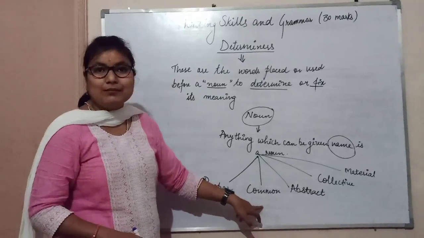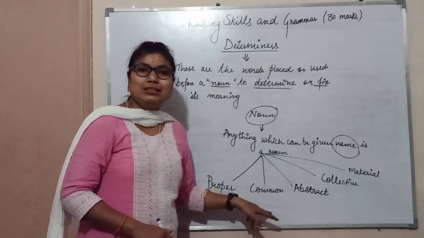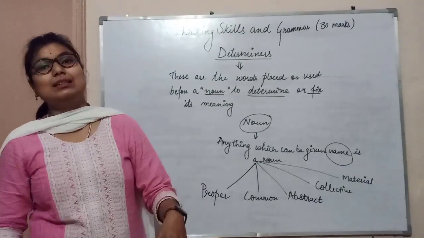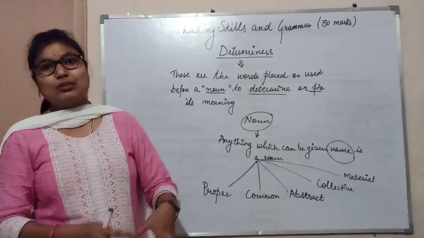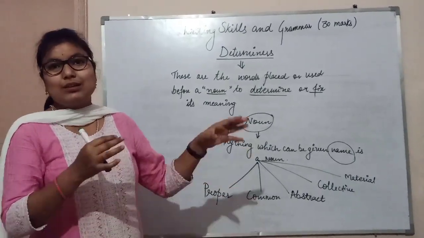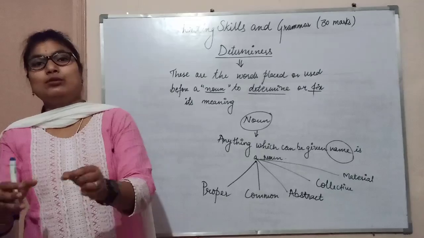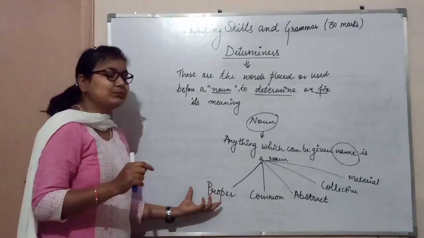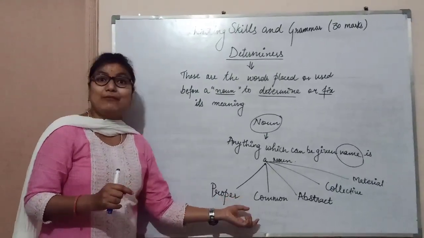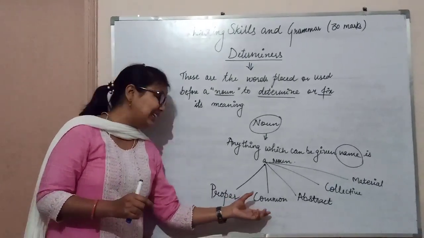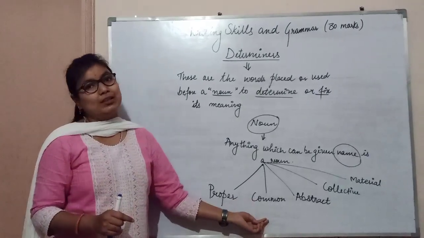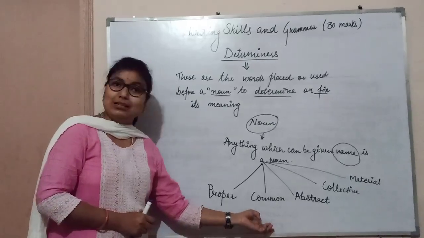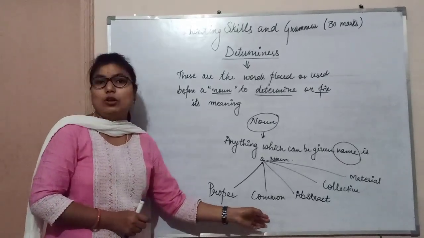Common noun, we say it as common noun means, for example, doctor. Doctors are many, but Dr. Saxena is different, Dr. Isha is different, many doctors. If a name comes in front of the doctor, then it becomes a proper noun. But if we simply say doctor, then it comes in the community of common noun. And the lawyers, doctors, teachers, animals, they stand in common noun.